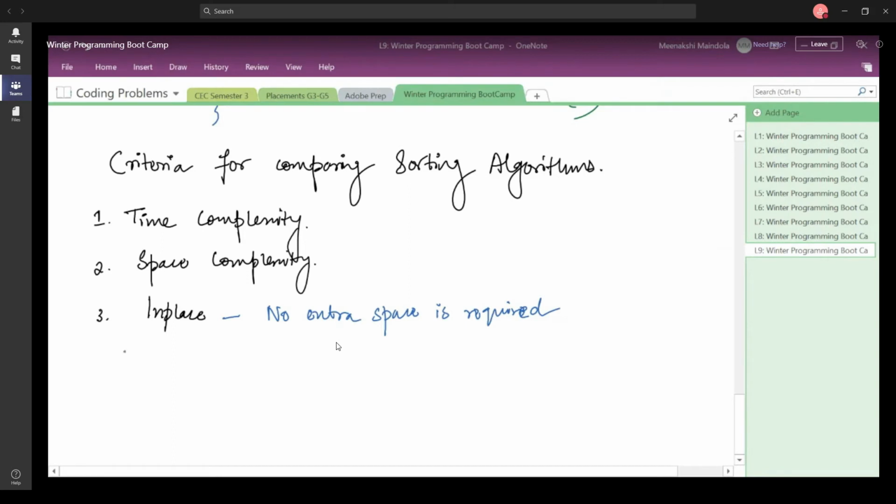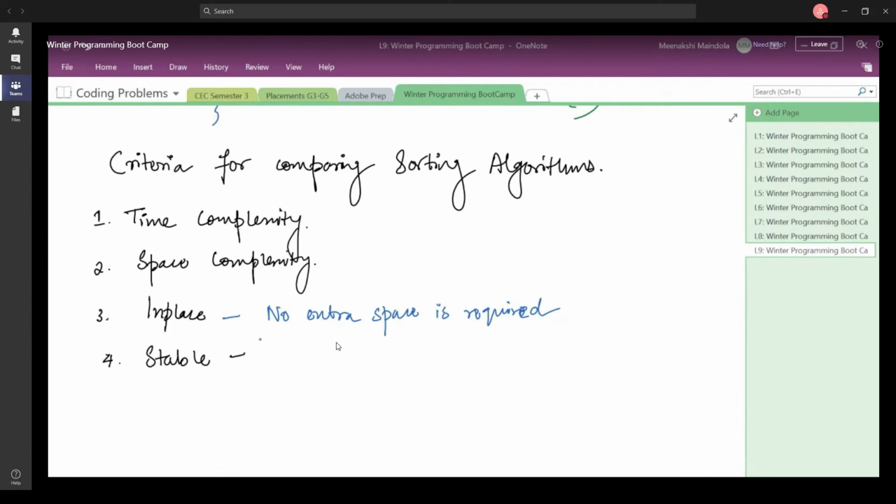Let us move ahead and talk about another criteria, which is stability. So if the sorting algorithm is stable or not, what does stability mean? Okay, so order of repeated elements is not changed.